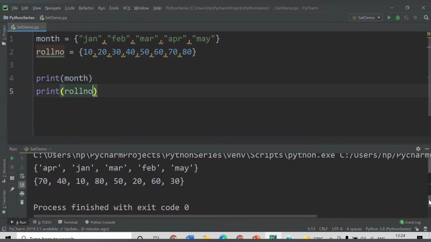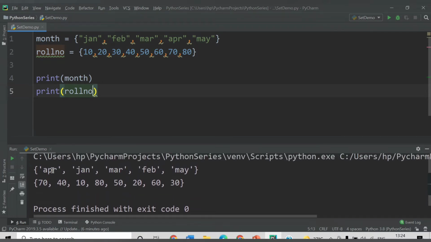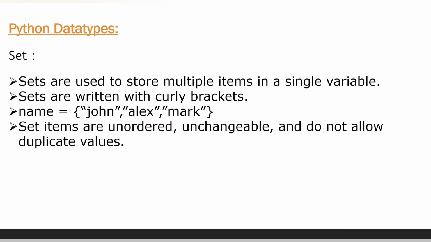Now if you see the month one, earlier it was printing one sequence, now it is printing another sequence. So it means that it does not have a specific order, it is unordered. And in similar ways the roll number also is printing 70 first, then 40, 10, 80, 50 and so on. So we have covered the first point, that set items are unordered.